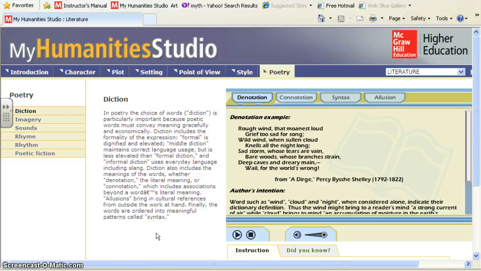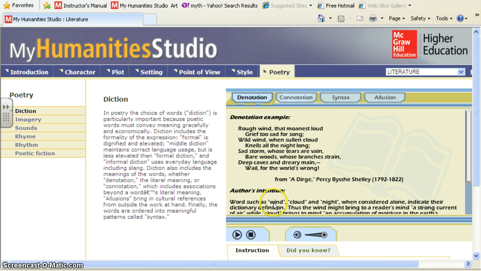This is Mrs. Duncan, your Humanities 101 online instructor, and we're in the unit that has the chapter on literature, and we're going to focus in on some of the terms that are used for poetry and use some examples to help you understand them a little bit better. We're going to start with diction and look at denotation in this really brief little poem that starts with rough